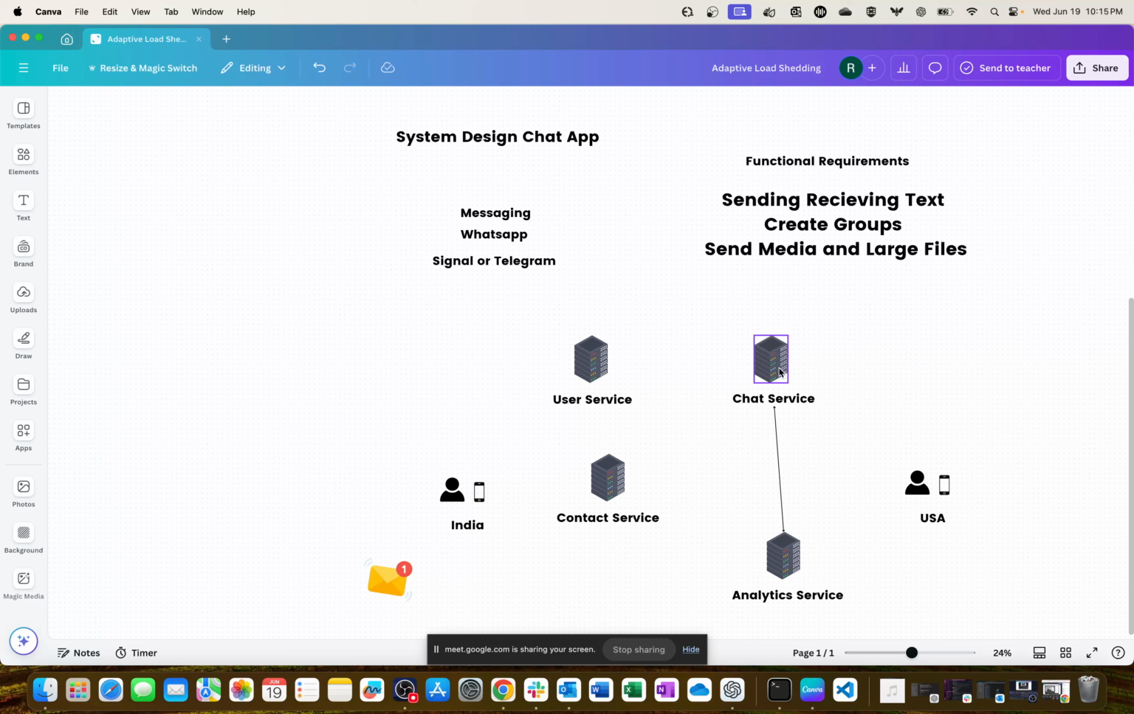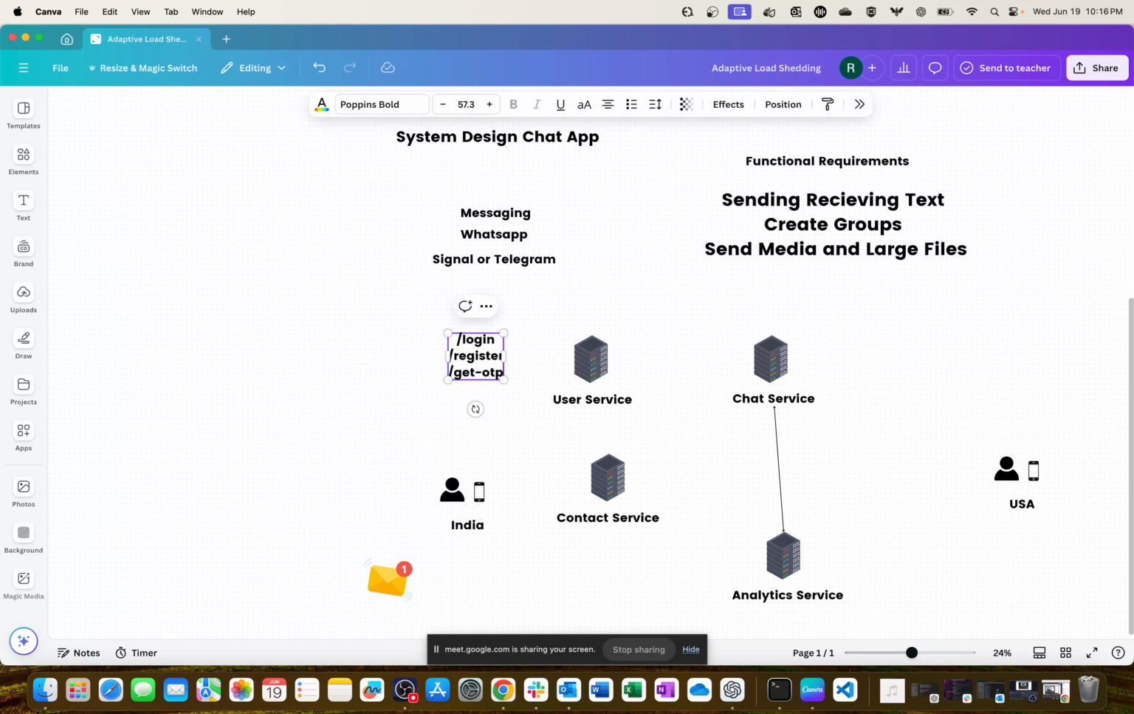Like, it's the user service, right? So what happens? You enter your number, and you try to get an OTP, and then this register is going to, you're sending that OTP, right? And then there's just this login or register, right? So depending on what you are doing, very very simple service, right? Then